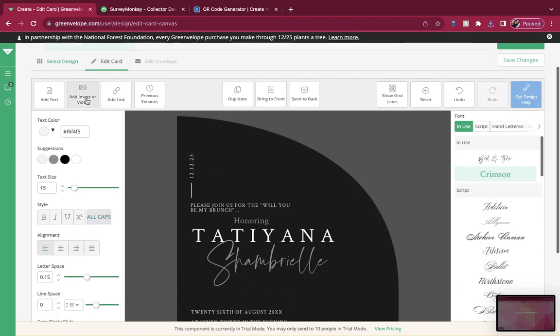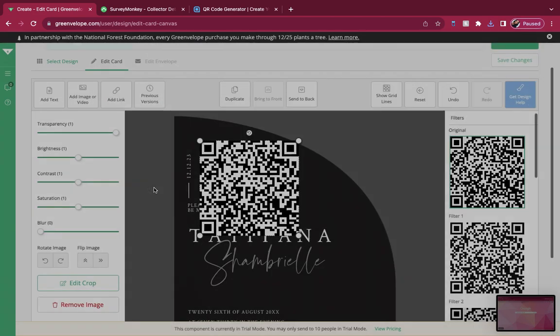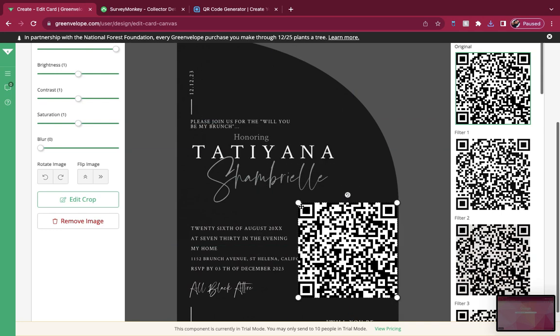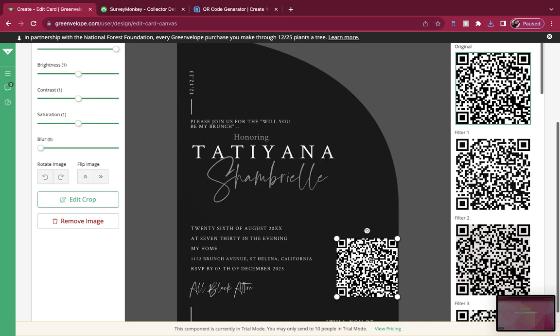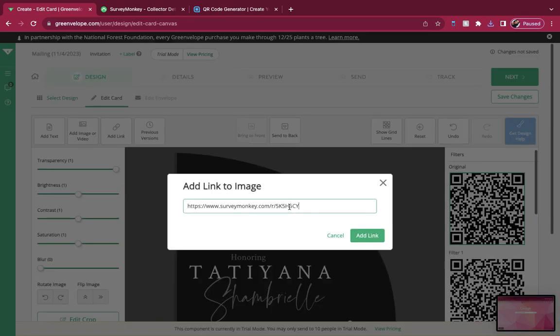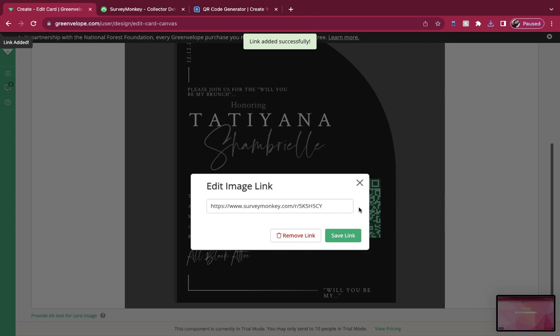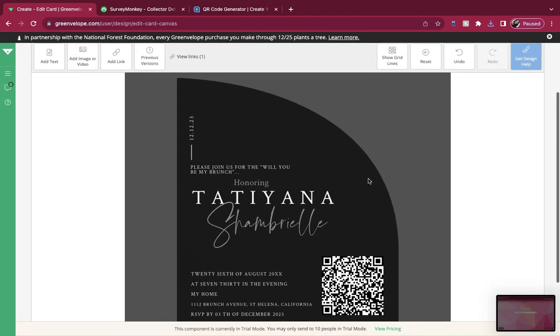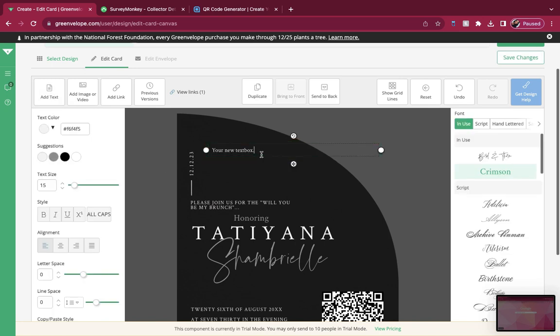So now I'm going to show you how to attach the QR code to the invitation. So what I did was hit add a picture, because you have to add the picture first. You go into your downloads, you click the QR code, and then you place it on the invitation. From there, you'll hit add link, and then you'll just paste the SurveyMonkey link in there, and it'll automatically attach it to the QR code. So all they have to do is click the QR code, and then it'll take them straight to the SurveyMonkey